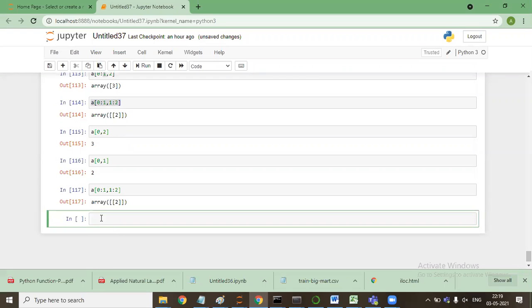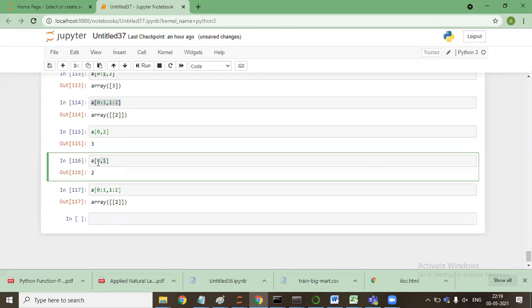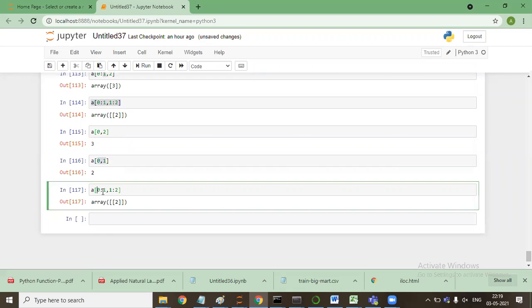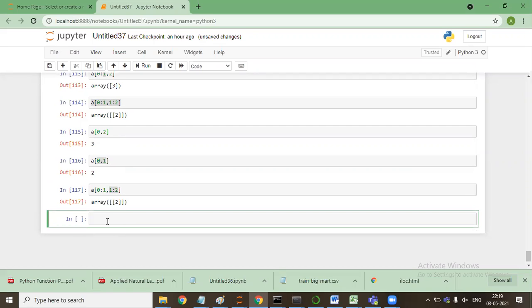The difference is, here I have been referring to a particular value, here I have been referring to a dimension, then another dimension, rows and columns. That's why it is giving me a value in dimensions. Are you with me? Yes, sir. When we write 0:1, it means it is running through the 0th row, that's why it is coming in dimension.